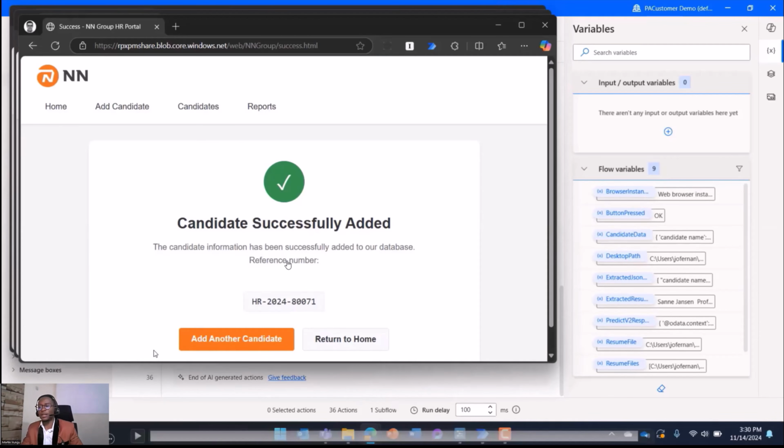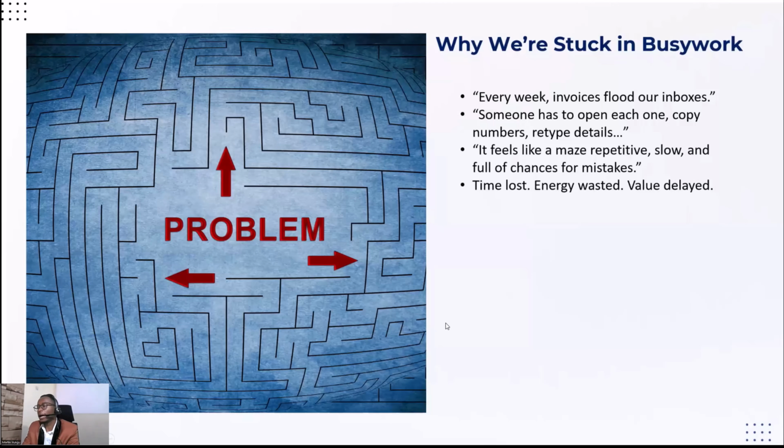So with that, we're going to proceed to the next piece of our conversation. We're now going to do a different use case. We've seen how we can use RPA and AI in recruiting, in connecting to our legacy systems that do not have APIs. So let's now go to the other side and interact with the other set of Power Platform.